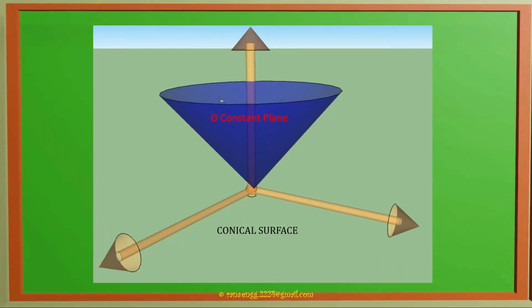Second parameter, we require the angle with apex. So it starts from this vertical axis, positive z axis, and it goes to negative z axis. Virtually it looks like a constant conical plane, but in actual we don't have any cone inside sphere. Many students get confused that there is a separate cone inside sphere, but it is not true. For showing the angle we use it, that we will see in 3D animation in some time. Till then you have to remember that we have to consider an angle from the apex.